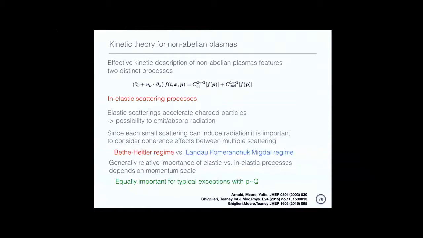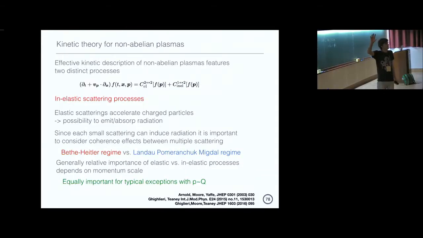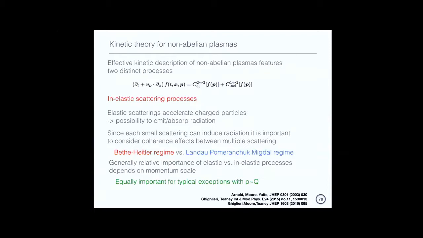But if you look at some of the typical scales of the medium, when I talk about the scale Q here, you should have in mind a particle which sits at the front of the self-similar cascade. Then these inelastic processes are equally important as these elastic processes. And one thing that this means is that we can efficiently either deplete or increase particle number in the system at the same rate that we can change momenta in the system, in a non-abelian relation.